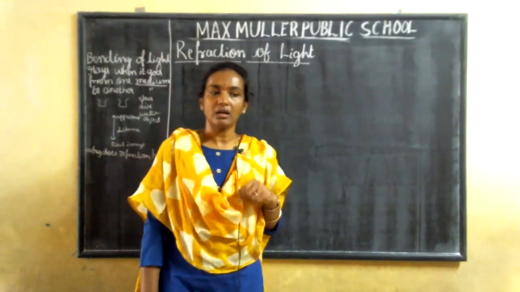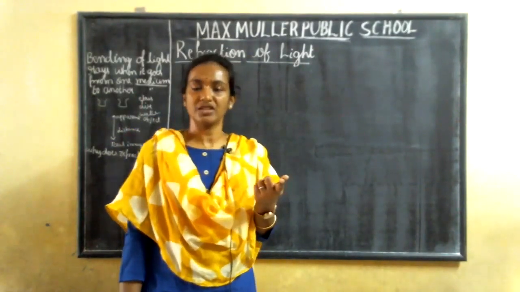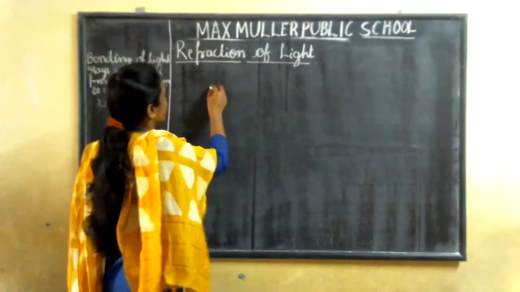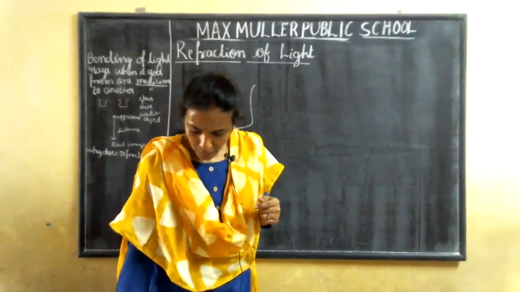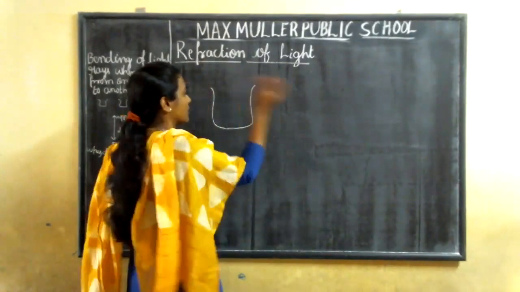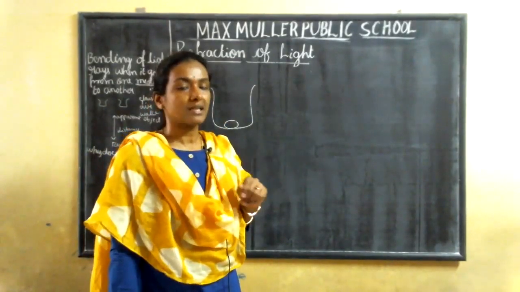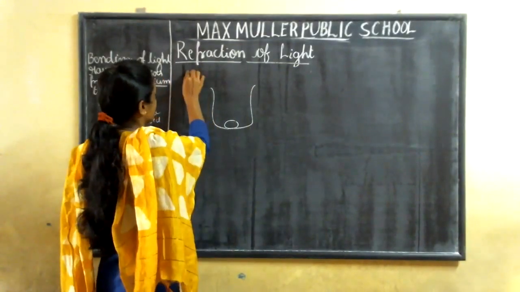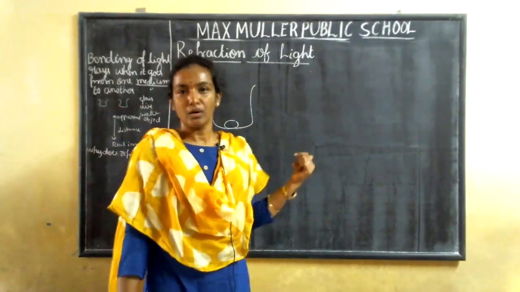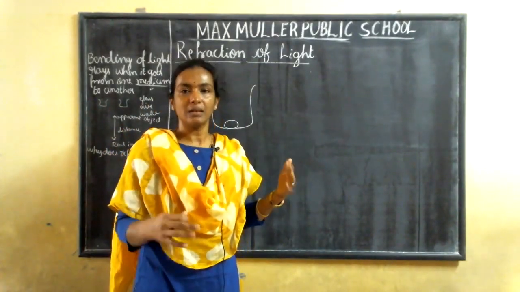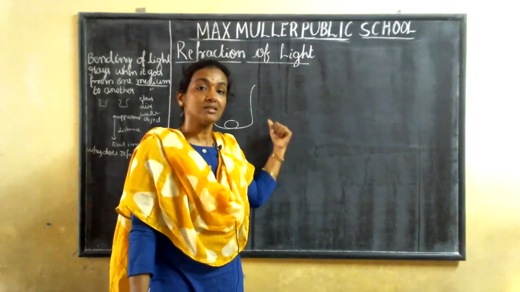Before the definition, I will give you an example to show why we say refraction. Take one container and place some object in the container and stand beside this container. Take it as a coin only. You are unable to see this coin.